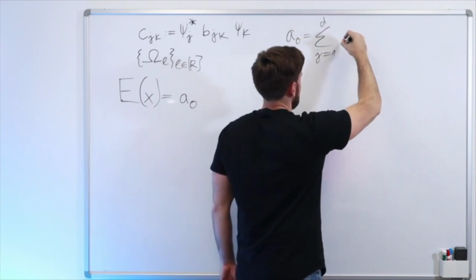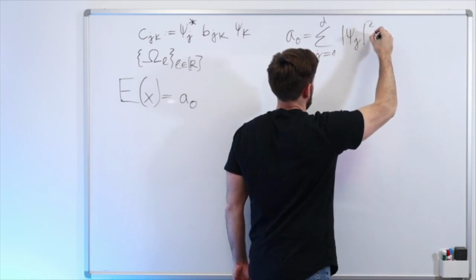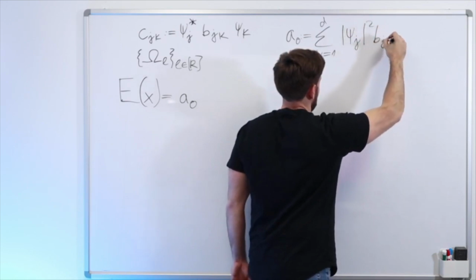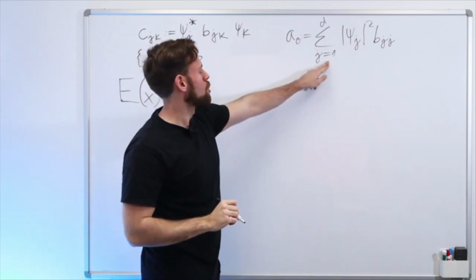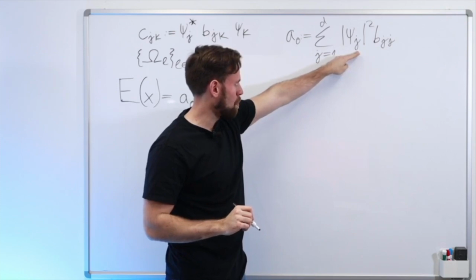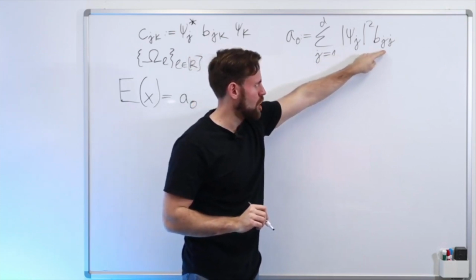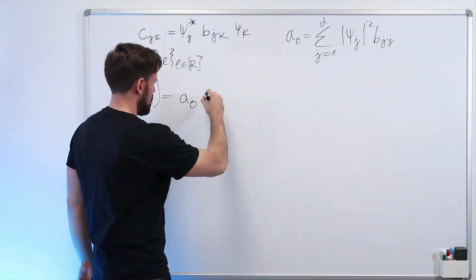So it was this sum where we had the sum J equals 1 going to D. We had the magnitude squared for psi J, and we had BJJ. So let's have this as the A0